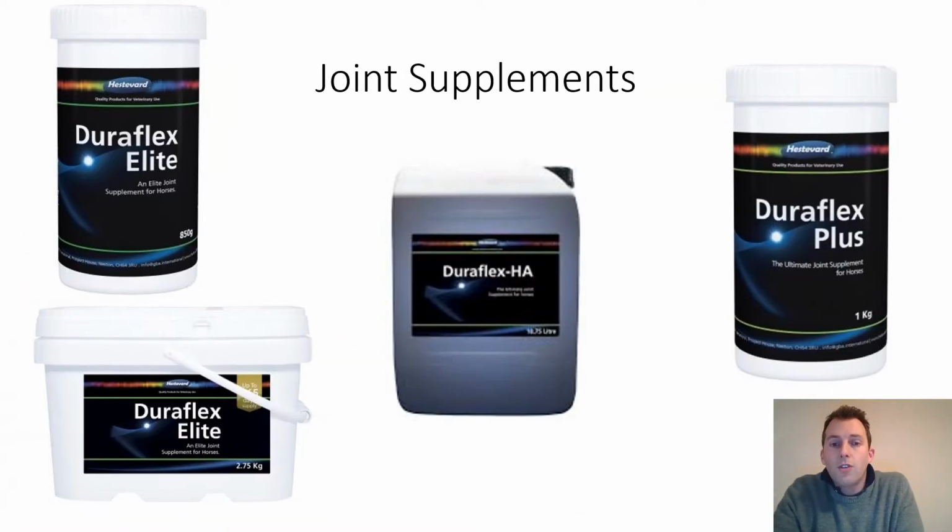I felt it was worth just touching on joint supplements, seeing as we are discussing joint treatments. Joint supplements are never going to be the be-all or end-all, and they're never going to prevent a horse from suffering lameness over the course of its career. But I think if you choose a high-quality supplement that contains ingredients such as chondroitin, glucosamine, hyaluronic acid, possibly MSM, those ingredients which have been demonstrated in studies to have a beneficial effect on joint health, then joint supplements can help to elongate the period of soundness that your horse can have, and it can certainly help to elongate the interval between joint